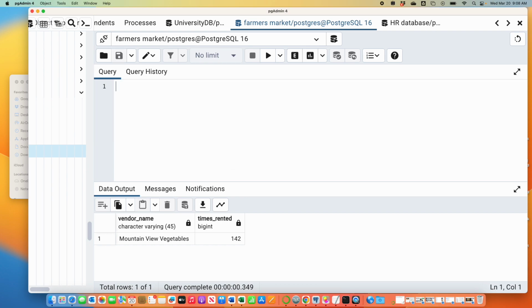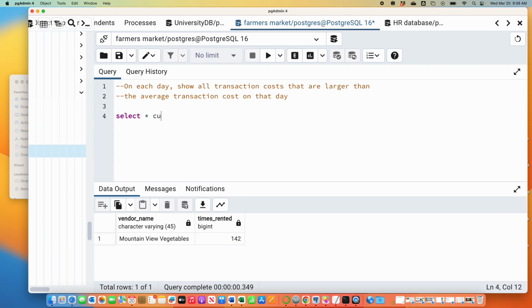So anyway, here's what I want to start with, this kind of thought experiment. On each day, I want to show all transaction costs that are larger than the average transaction cost on that day. Just to make sure we understand what I'm asking for here,